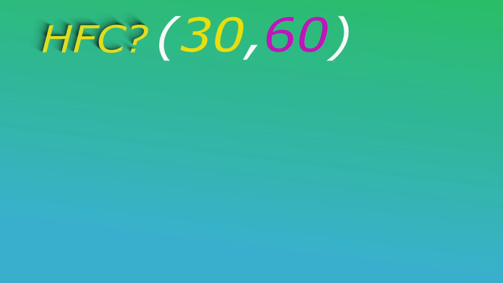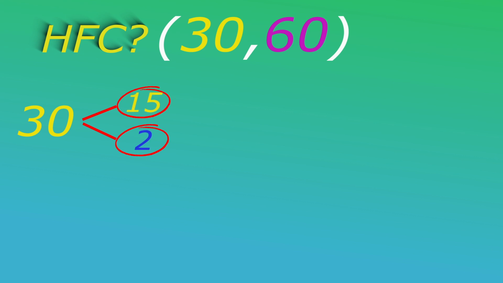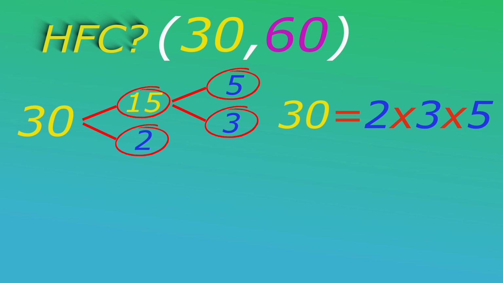We can find the highest common factor without having to figure out all of the factors of each number. Let's use a factor tree to factorize 30 and 60. Let's start with 30. 30 equals 2 times 15. 2 is prime, but 15 is not, so we can factorize that further into factor pairs. 15 equals 3 times 5. And now you can't factorize 3 or 5 any further. Now we just multiply together all of the primes we encountered. That gives us 2 times 3 times 5 equals 30.